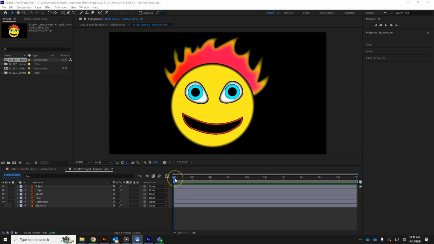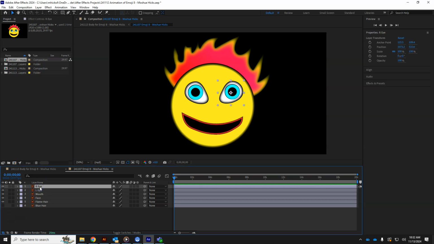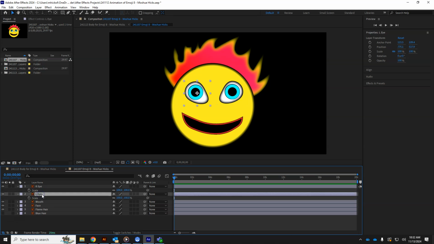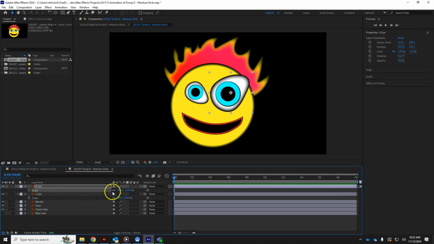So let's animate some of the features of this emoji's face. We've got these eyes, our first right here. How about we just change their scale? Pressing S when I'm on these layers will show you the scale transform property, and those are right here. So what I'm going to start with is just having them be at 0. Let me just reduce that scale to 0